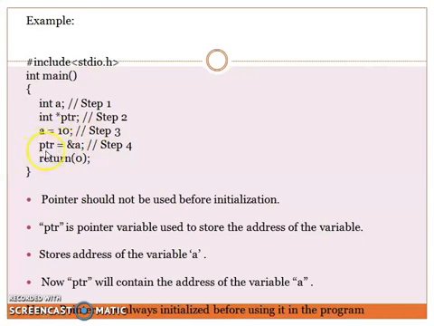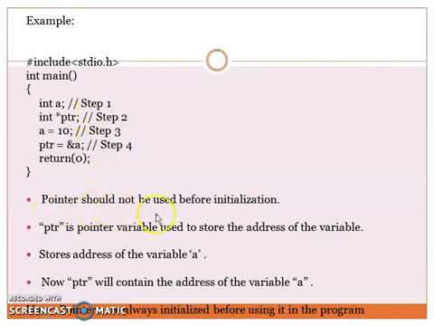What is the work of a pointer variable? A pointer variable can hold the address of another variable. So that procedure is done here. In the initial step, we are declaring one ordinary variable, then declaring one more variable of type pointer, then assigning some value to the ordinary variable, then assigning the address of that ordinary variable to the pointer variable. This is how a pointer variable is declared and initialized with some value. This is a common procedure used for all pointer variables. When we are using a pointer variable in any program, the same procedure is followed.